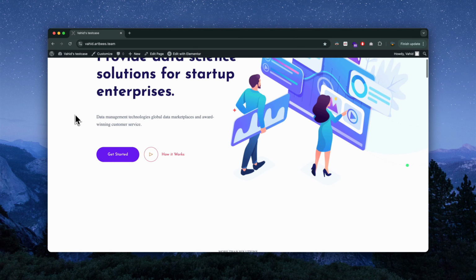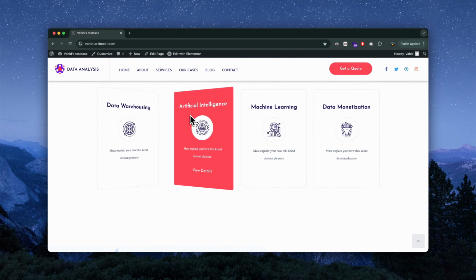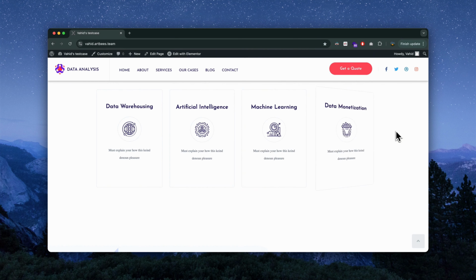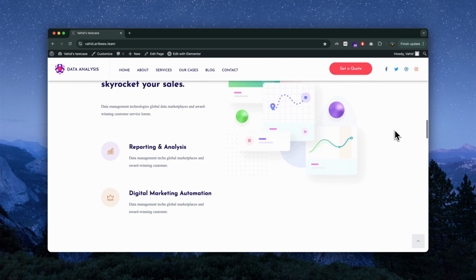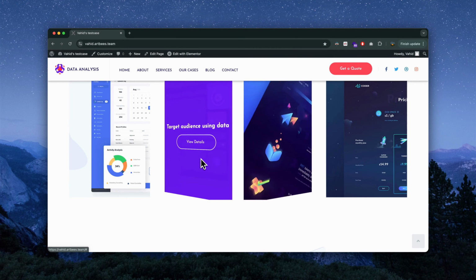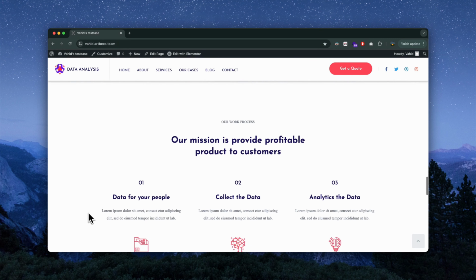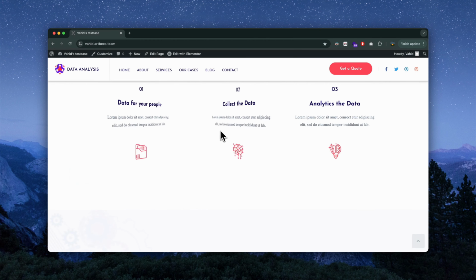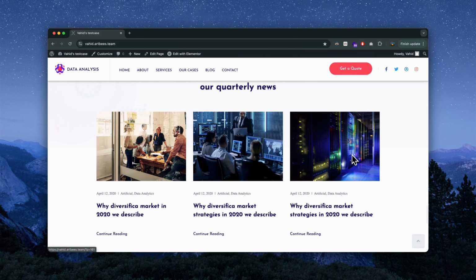Okay, let's scroll down the page and see what this ready-made website looks like. As we scroll, you can see all the content that comes with it. Keep in mind, JupyterX also features a powerful layout builder, 100+ widgets, and additional builders like the pop-up builder and form builder, giving you full control over layouts, typography, colors, and global settings without needing extra plugins. This makes customizing your site easier and more flexible than ever.